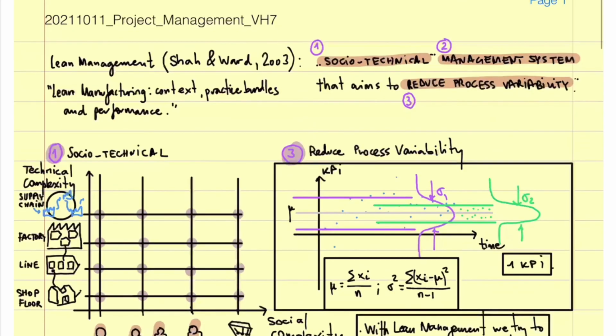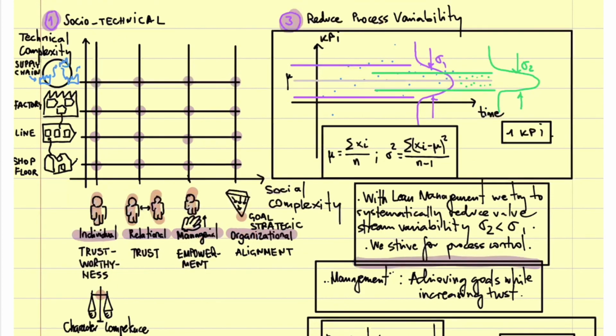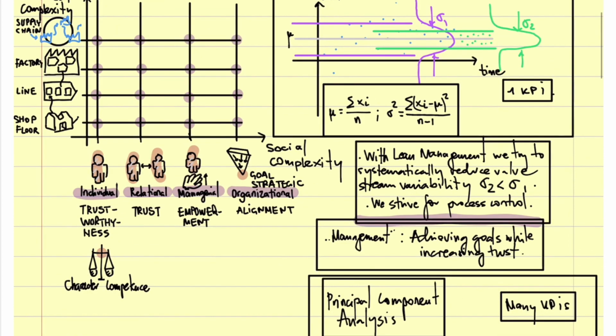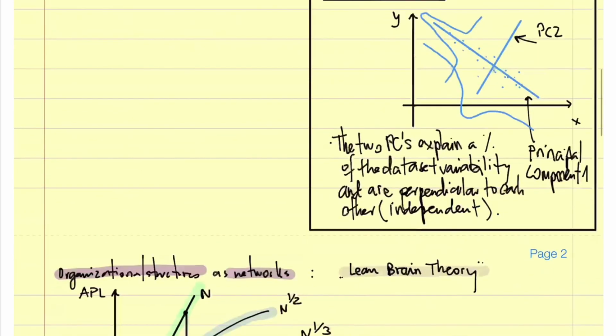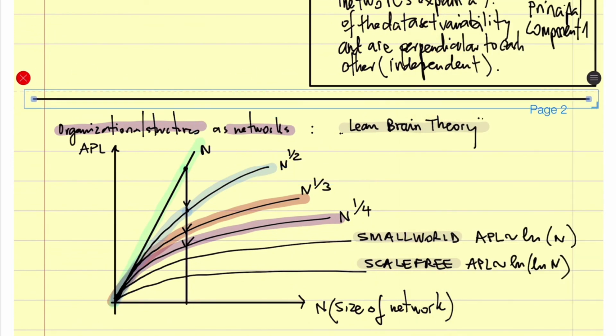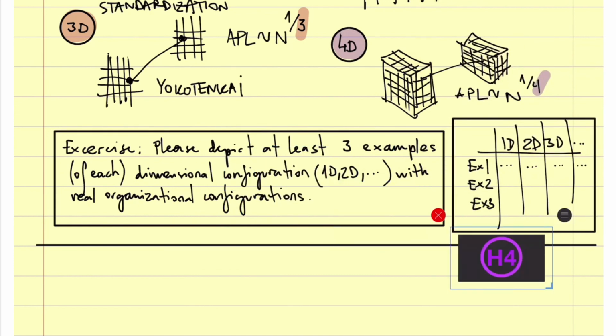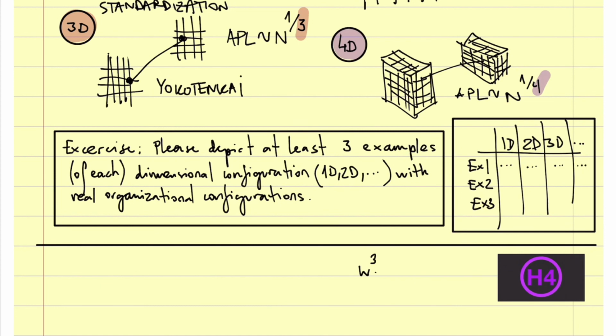So we talk about lean management, we talk about socio-technical systems, socio-technical management systems: social, one level, technical, the other level. We want to achieve goals while increasing trust, that's why it's a management system. We want to reduce process variability, which means reducing the standard deviation of processes. We do that with principal component analysis for many dimensions. And another issue that we talked about was networks the other day. So we have different organizational settings here, and I want you to investigate a little bit about the different organizational structures that we deal with. Okay? Any questions, please? Okay, well then